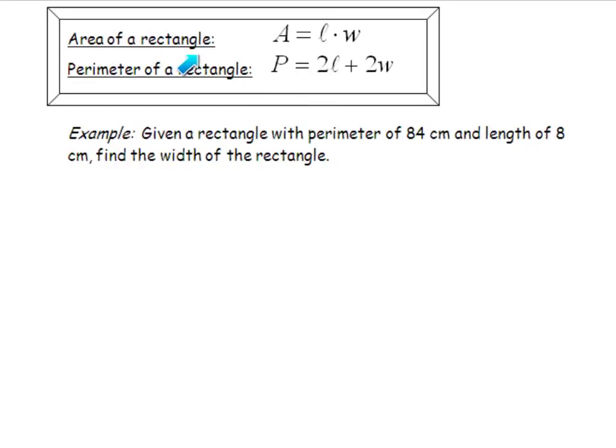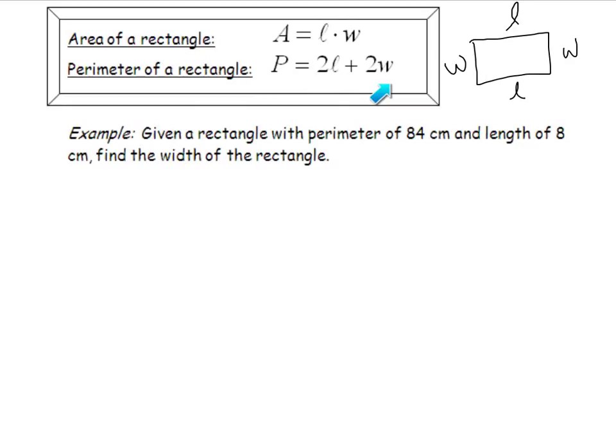Remember, if we have a rectangle, to find the area, the amount inside, we take the length and we multiply it by the width. Remember, the opposite sides of a rectangle are going to be congruent. So if I want to find the perimeter, it's going to be 2 of the lengths plus 2 of the widths. Okay? So if I give you a rectangle with a perimeter of 84 and a length of 8, and you're supposed to find the width,